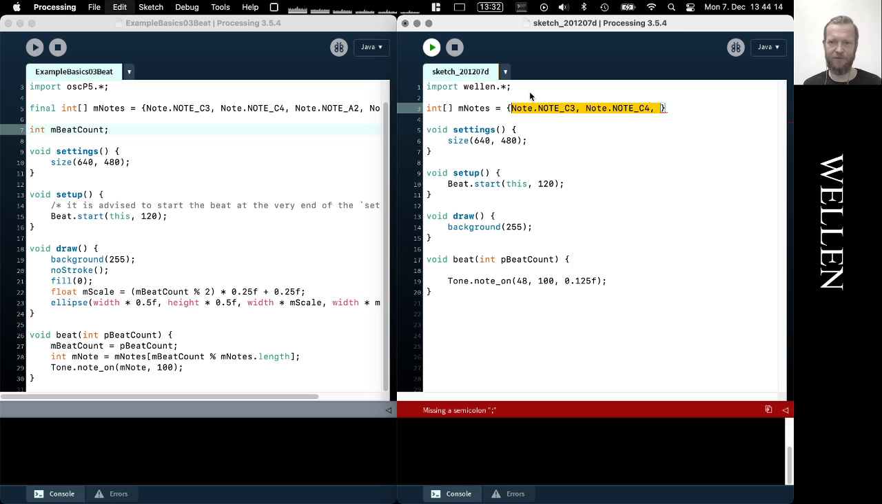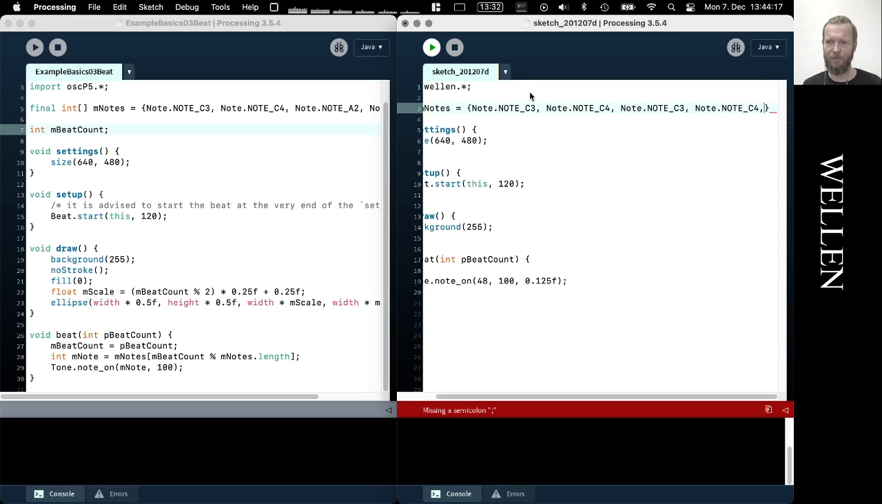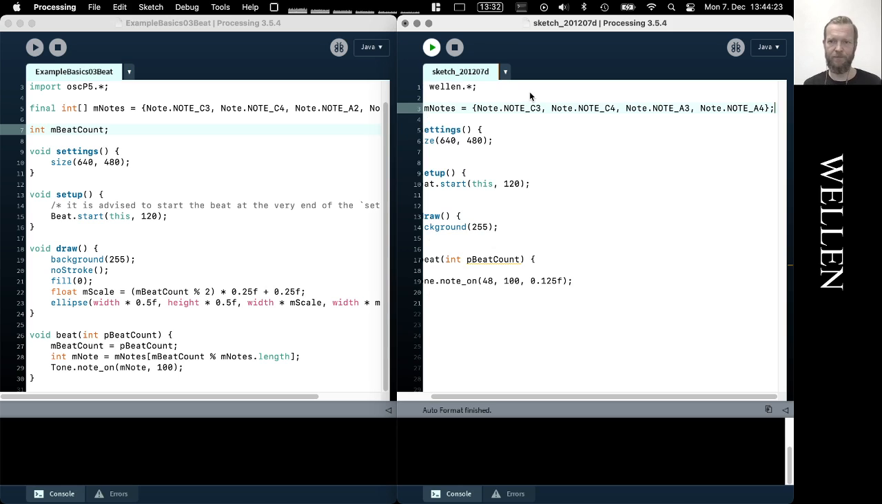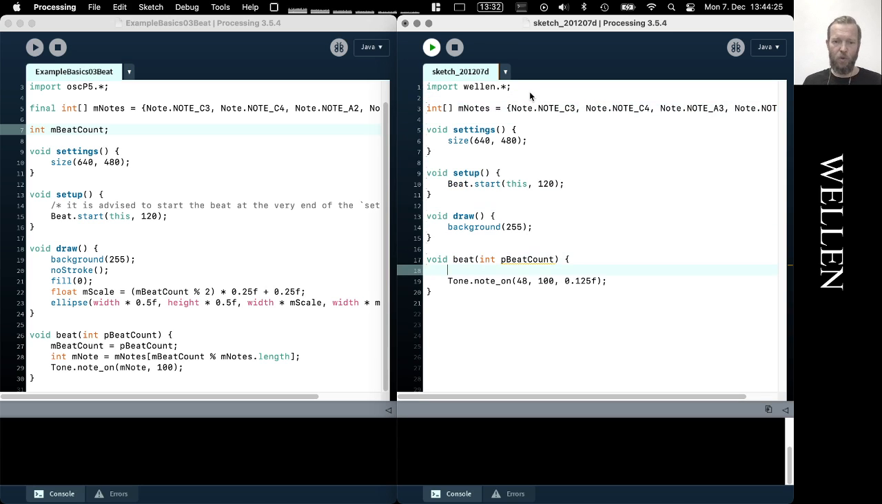And then I'm just going to duplicate them and change them slightly. So I have 4 notes now in here. So I can get my note from that array by